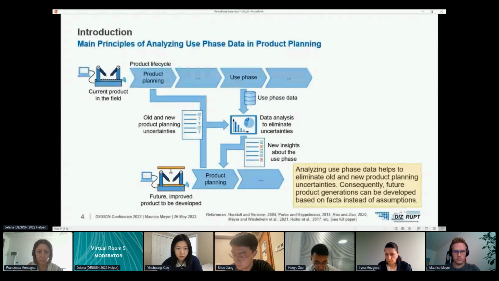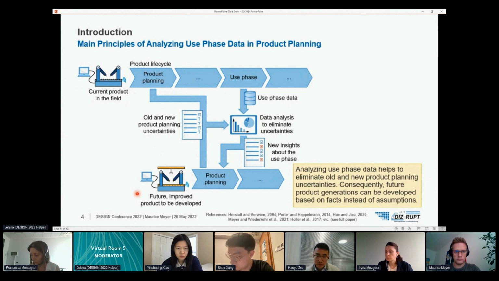But how does this data-driven product planning work? Let's have a look at the main principles. Let's assume that we currently have a product in the field that generates use phase data. And let's also assume that we want to develop a future product that, of course, is an improvement to the